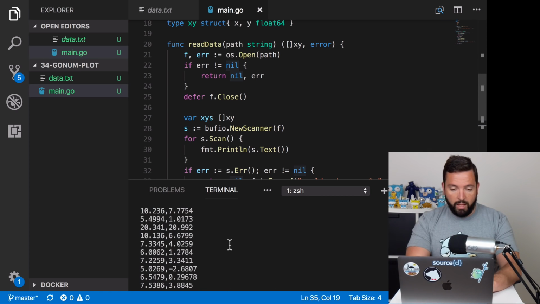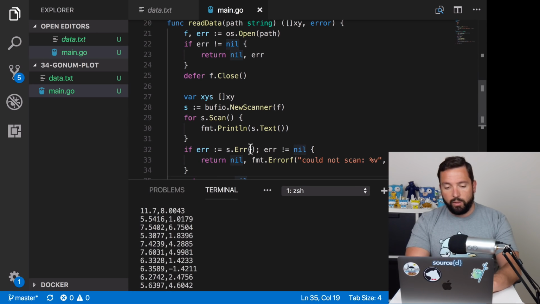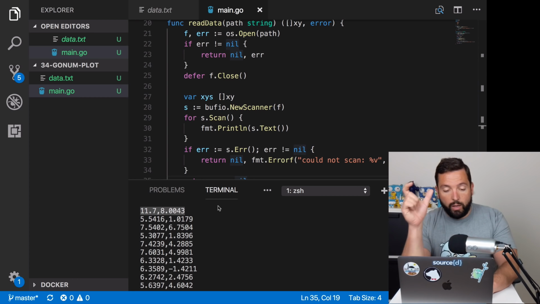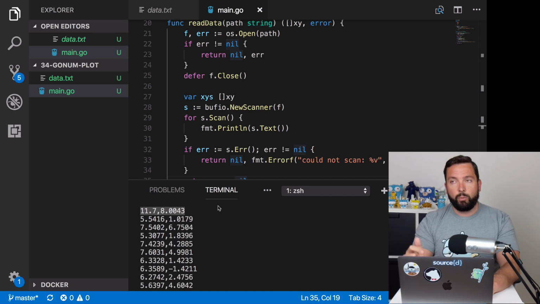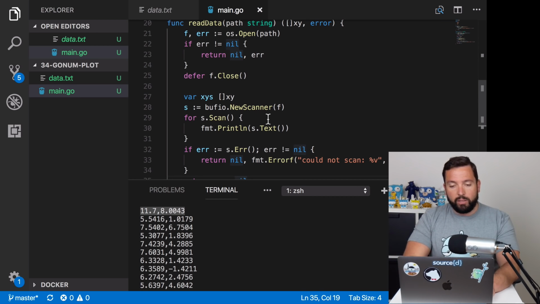Cool. So that looks like it works. That's pretty good. So now what we want to do is split that thing. Actually, we could split that thing and then use the scanner. That would be basically split.string on the comma, and then read every single one of them, and then check for the error, etc. And that's a way of doing it, but I think that there's a better way, which